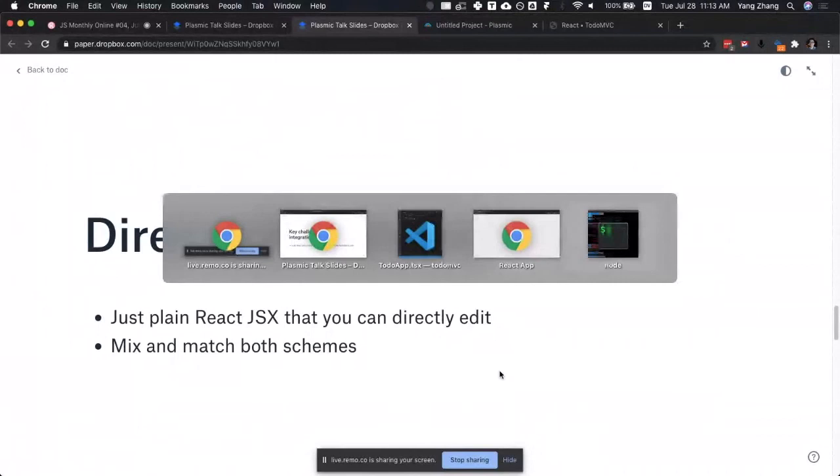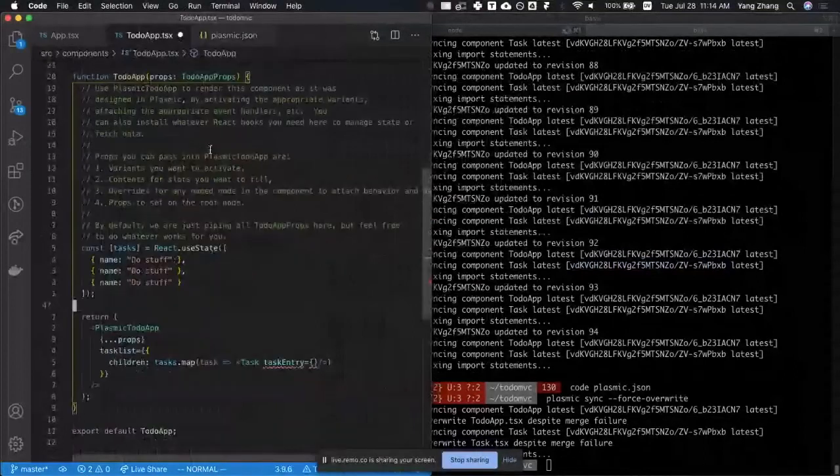So I'm actually gonna switch this code base from the presentational scheme to the direct edit scheme, so you can see what's going on there. Save. I'll blow everything away and start from scratch. And okay, so